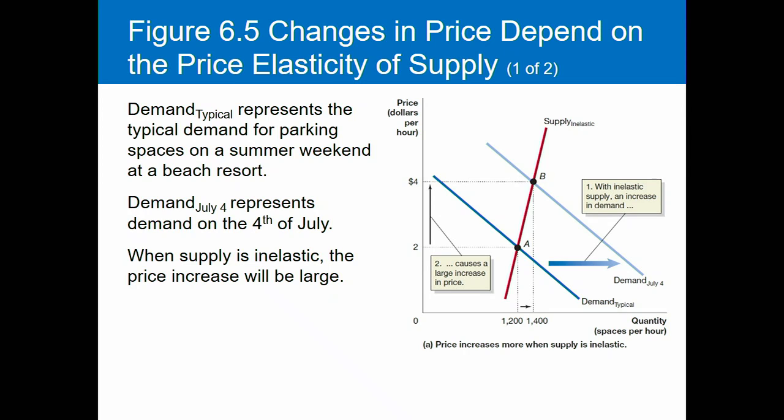So when the demand curve shifts to the right, there's not a large increase in the quantity supplied because there's not much they can do in this case. Because the supply is inelastic, it doesn't change that much, and you end up with a huge increase in prices. And this increase in price, its function is to help people ration the parking spaces. So maybe they take Uber, maybe people carpool. It's a way to conserve these resources.